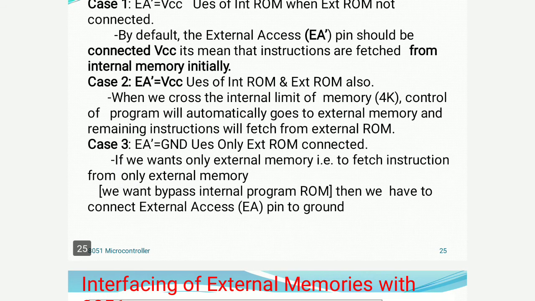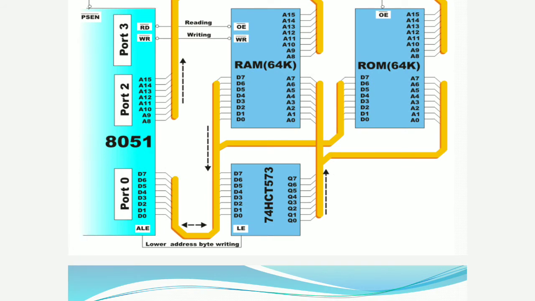Okay, so in these cases, if we are accessing separate address lines, if we require a 16-bit address bus, that is A0 to A7 from port 0 and A8 to A15 from port 2, in that case we discussed the latch IC, which is required to separate or isolate the address lines from AD0 to AD7. In that case we have to interface a latch IC, either 74373 or 74573, for separation of the address lines from the combined address and data lines.